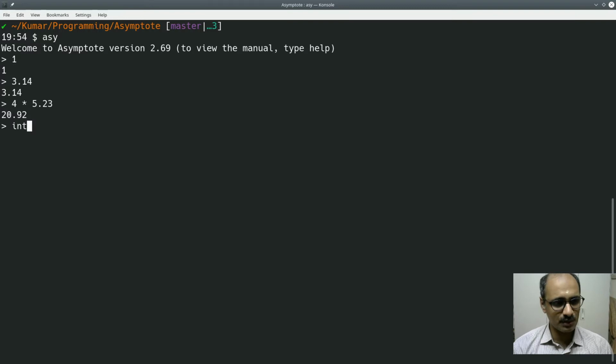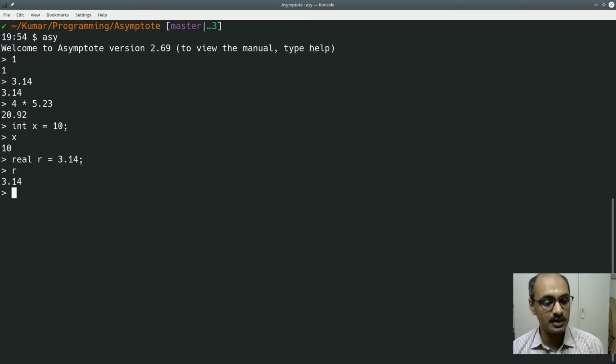You can also do something like this: int x is equal to 10 and then x. So int is one data type. real r is equal to 3.14, and real is another data type, and you can basically create variables in this manner. This is fine. You can multiply reals and you can multiply reals and integers. You can also do some things like 0.5 times 10, and here is where I wanted to just show you